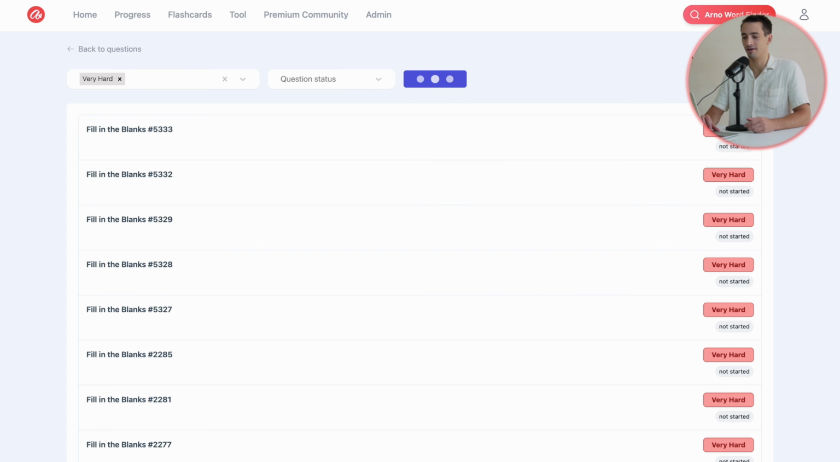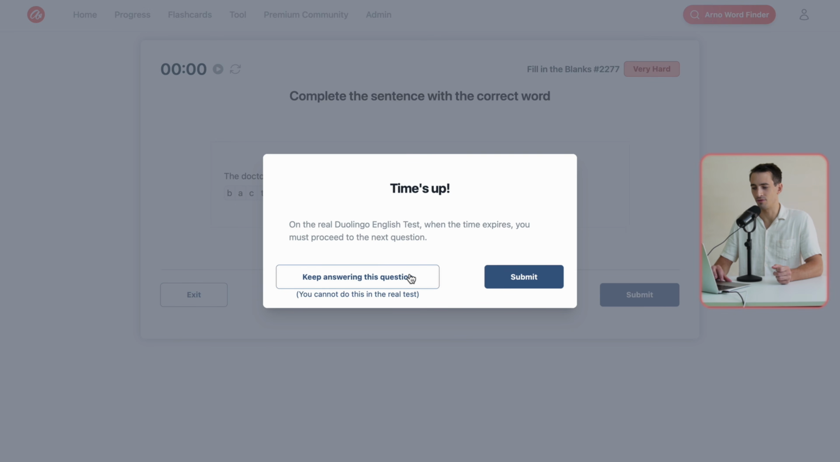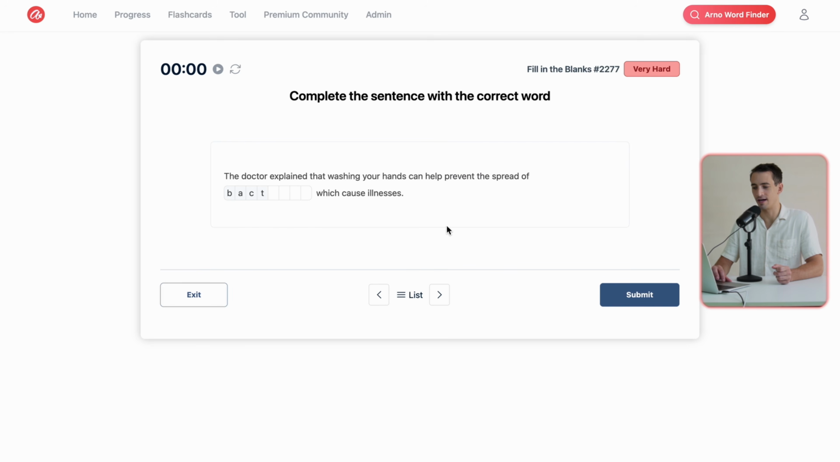So here is the first practice question. The doctor explained that washing your hands can help prevent the spread of BACT blank blank blank blank, which cause illnesses. So, are you able to get this answer? All right, we'll keep answering even though the time is up. The correct answer would be